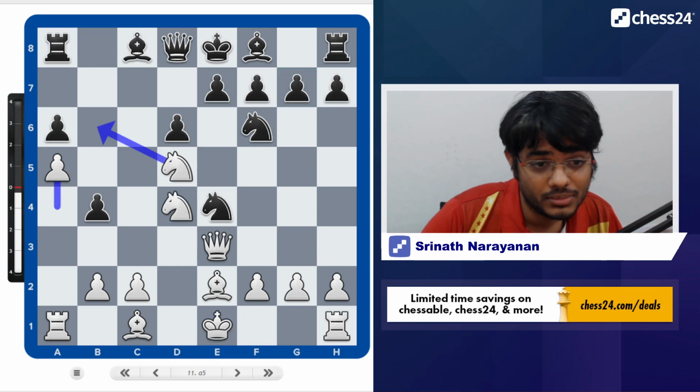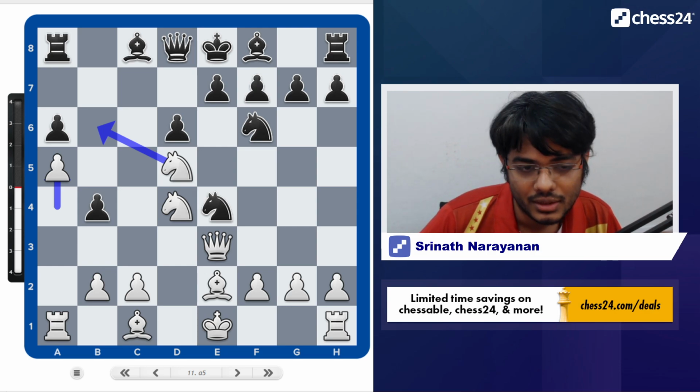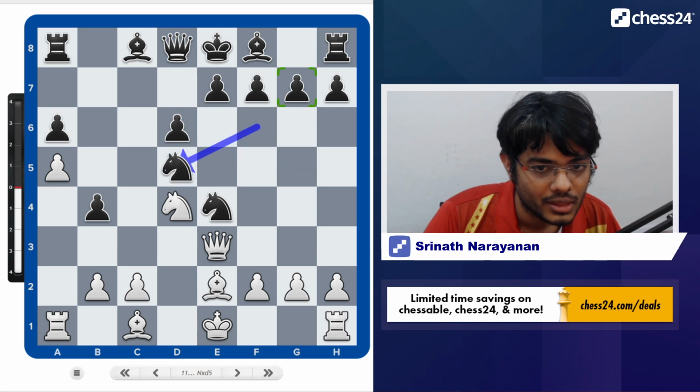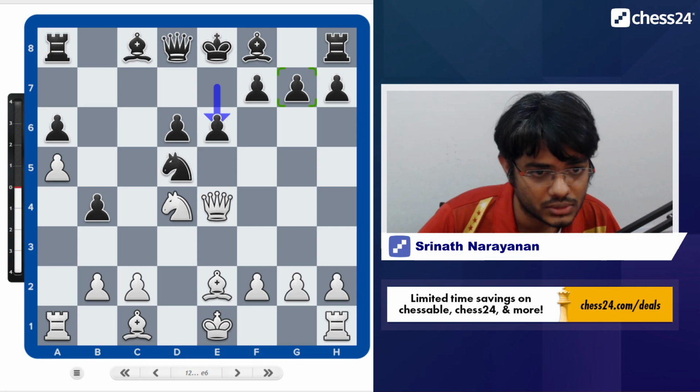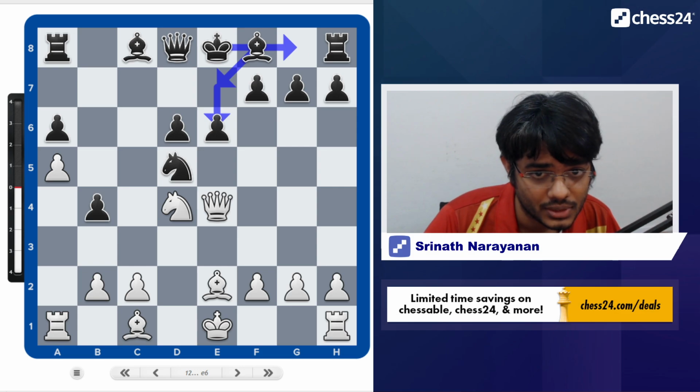And this was extremely unpleasant for Nils to face over the board, having not prepared this before, not knowing what the computer recommends. And he played Nd5, Qd4, e6, natural moves. E6 enabling black to play Be7 and short castle and develop as quickly as possible.